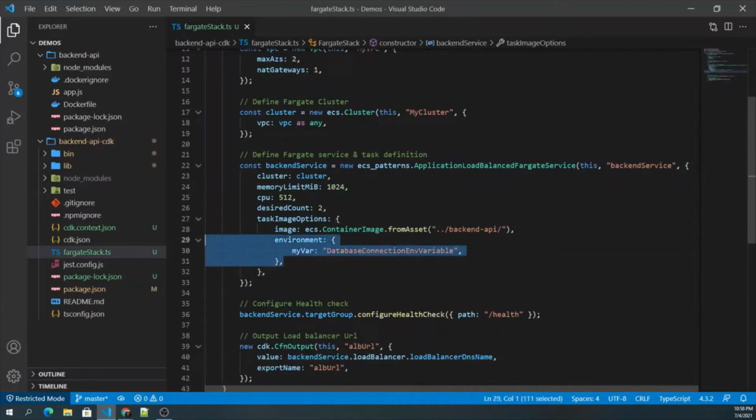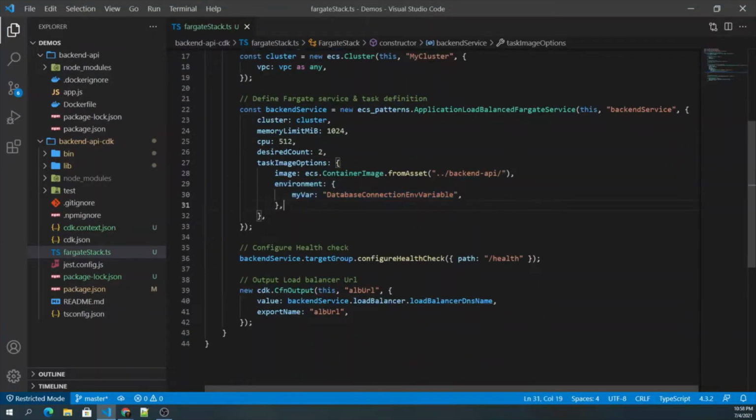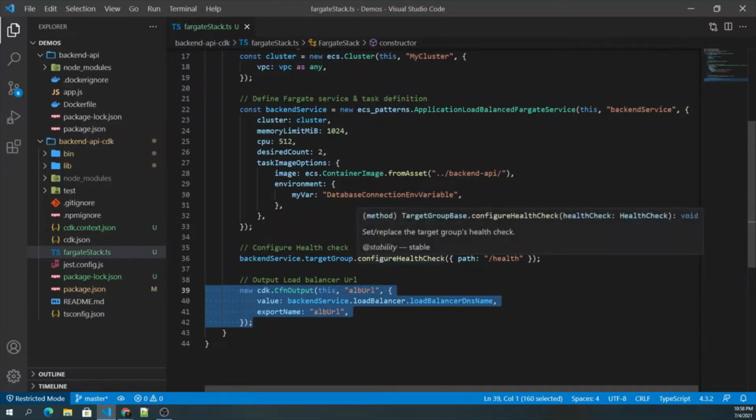Of course, if you want to secure sensitive information or any credentials, so you can use the AWS Secrets Manager to have these values. And then you configure the health route for the ECS cluster. So we are specifying the health route we created in the earlier step. And finally, with this line, what we do is we are outputting the load balancer DNS information, and also we are exporting the LB URL. So this information can be seen in the AWS as well once this is deployed.